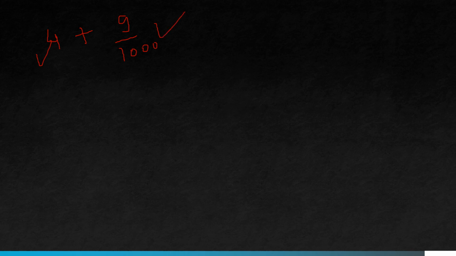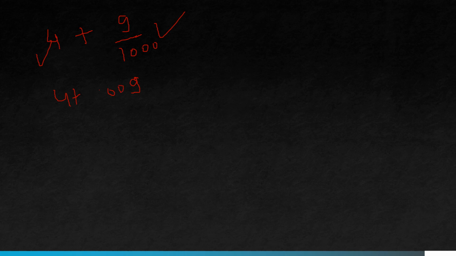So what you can do is, first of all, you have to convert this fraction into the decimal. So how will you convert this 9 upon 1000, what will be the equivalent decimal for this? So you can write 4 plus 9 upon 1000. First of all, as I just told you, you have to write the numerator, and then you have to count the number of zeros, 1 2 3. You have to place the decimal after three places. Okay, so